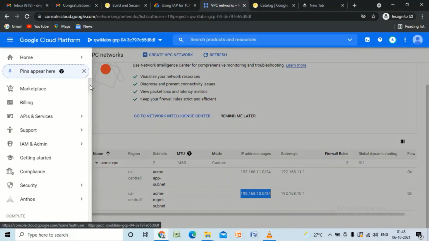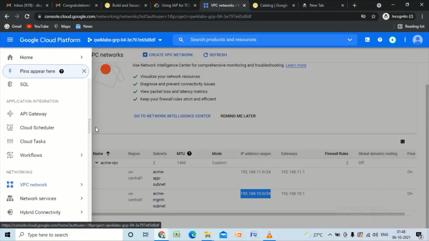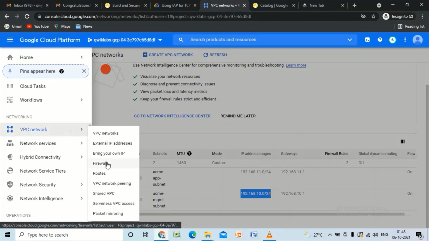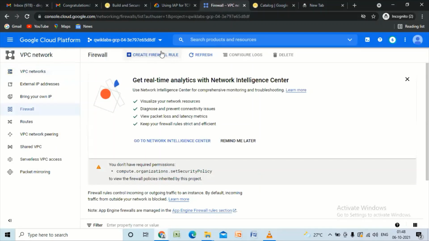Now again go to VPC networks, firewall, create firewall rule.